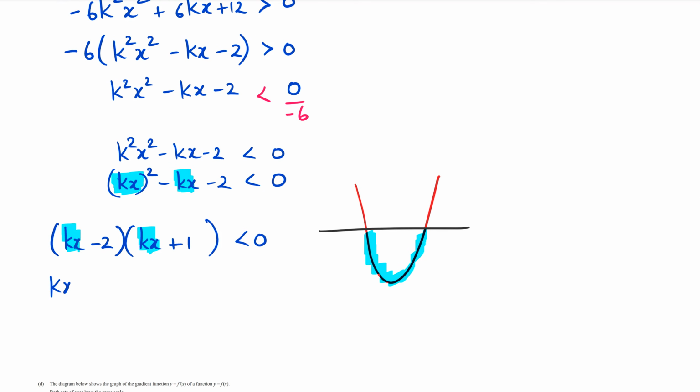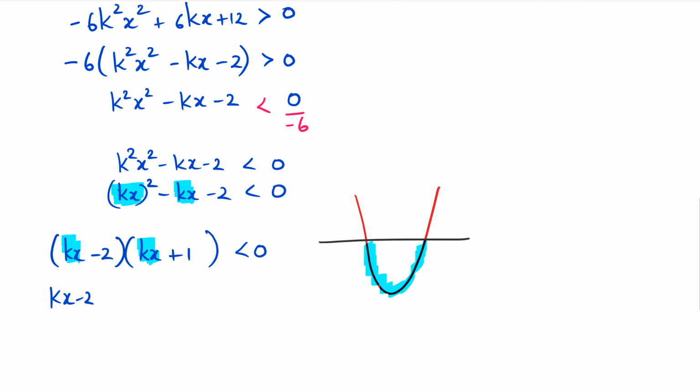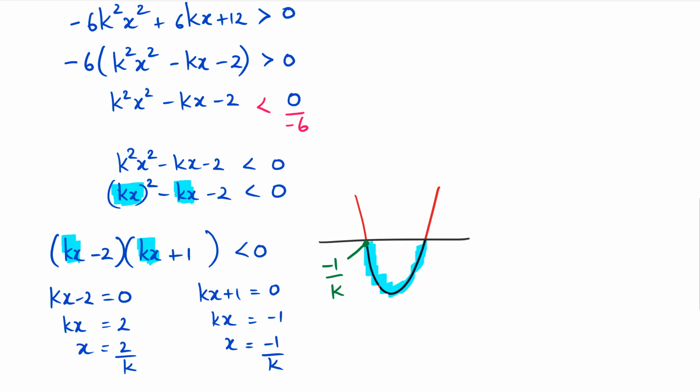So you've got kx minus 2 equals 0, which means kx is equal to 2, and then x is equal to 2 over k, or kx plus 1 is equal to 0, and then kx equals negative 1, x equals negative 1 over k. Now negative 1 over k is obviously smaller than 2 over k, so we can then say that this value here is negative 1 over k,